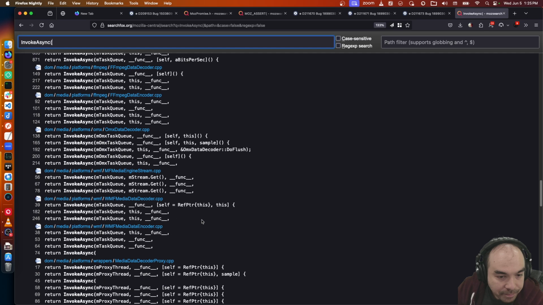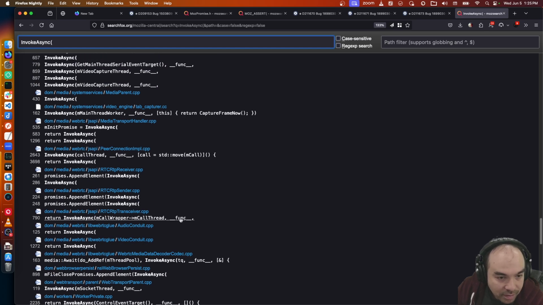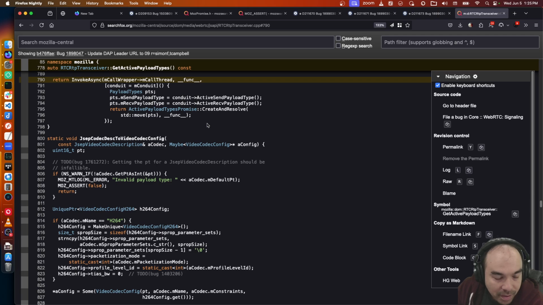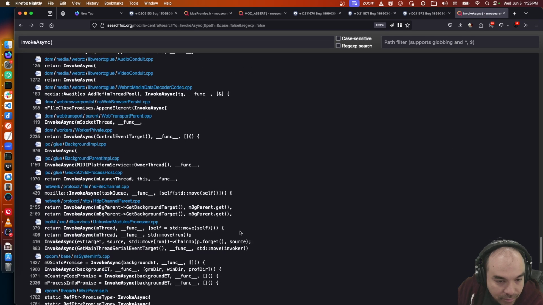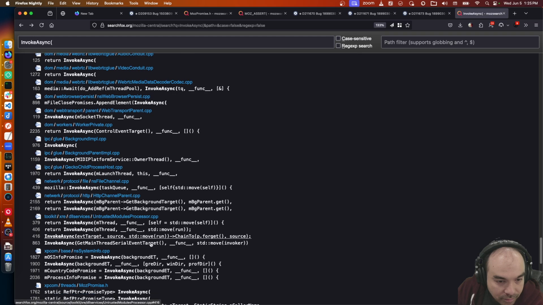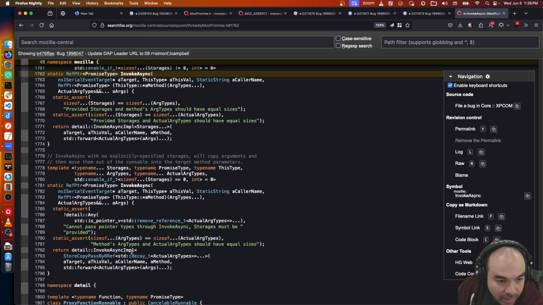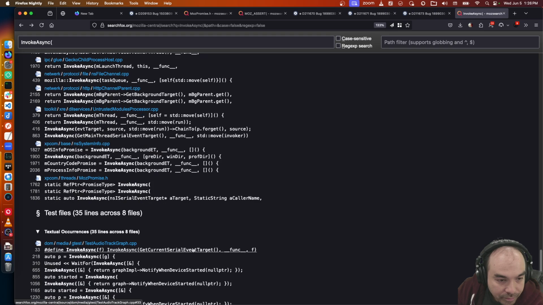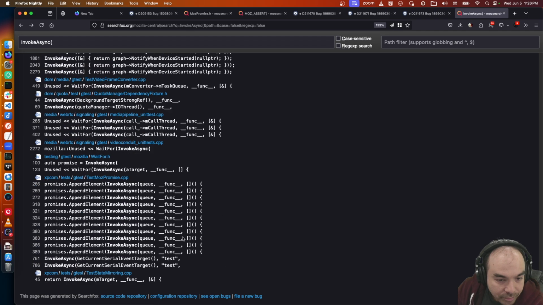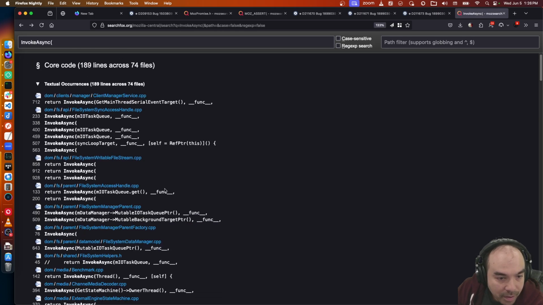Lambda. Wish I could get more context. Lambda. Lambda.